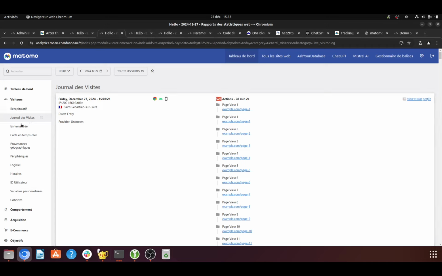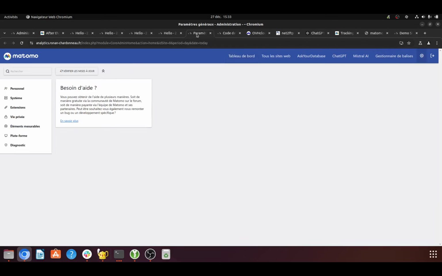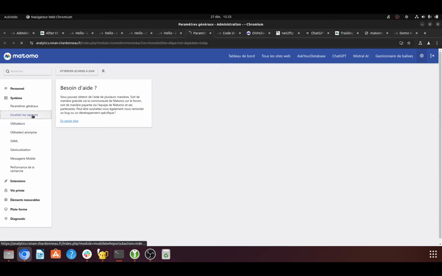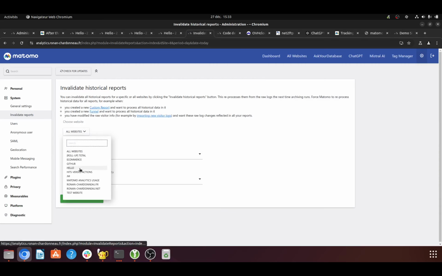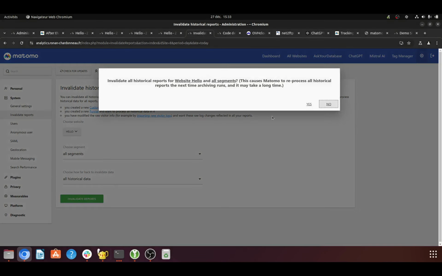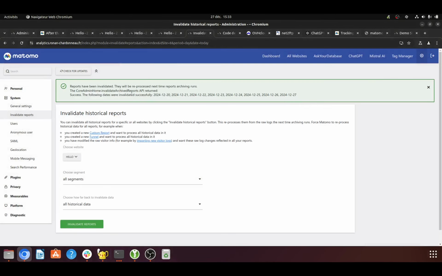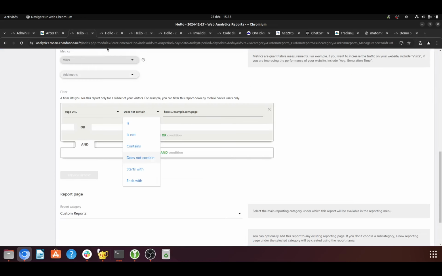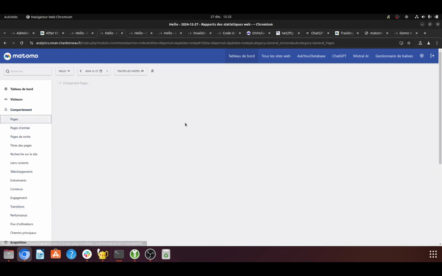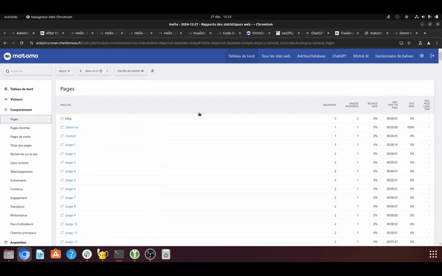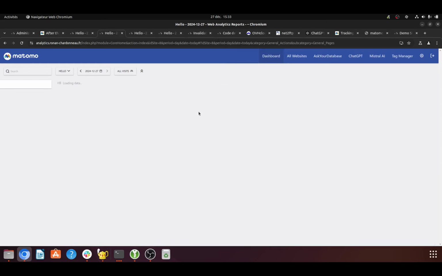In order to make my example a bit more explicit, I'm just going to invalidate the data so that you can see the last information that I wanted to share with you. So I invalidate the report, perfect, and then I come back over here, pages. Okay, so now what you can see here,